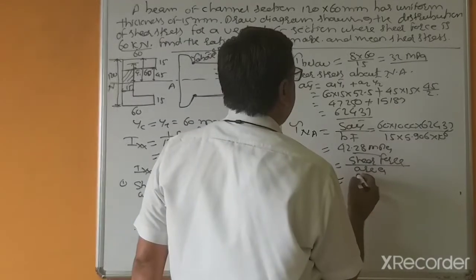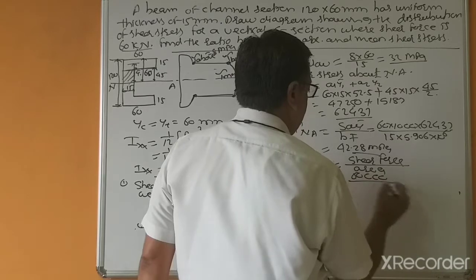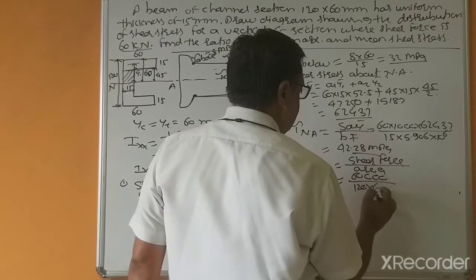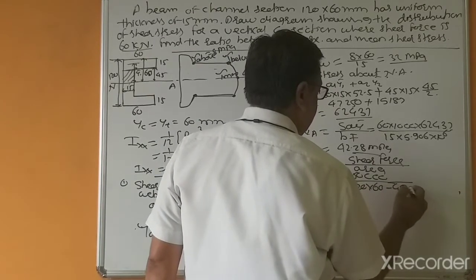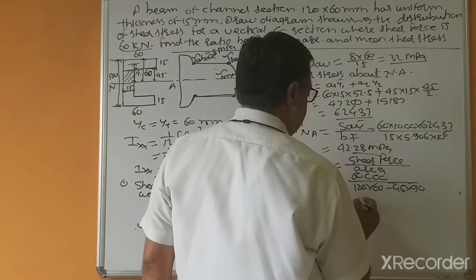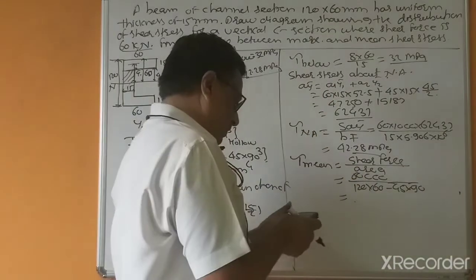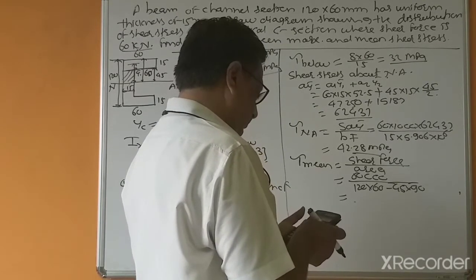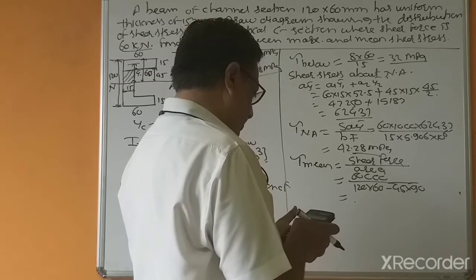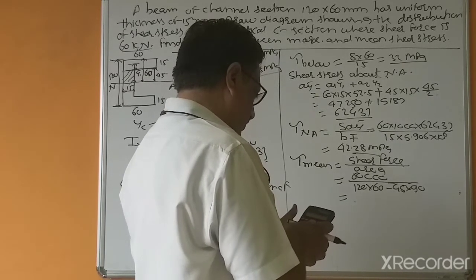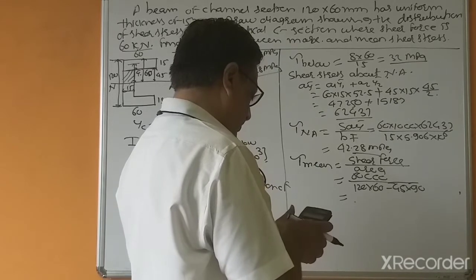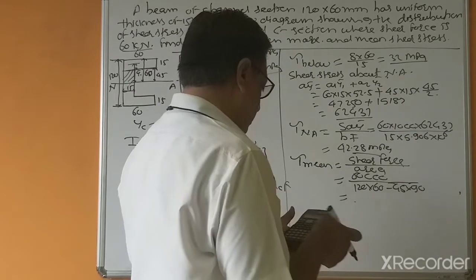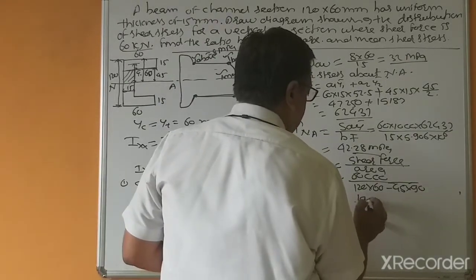So shear force equal to 60,000, area equal to 120 into 60 minus 45 into 90, 90 into 45. 120 into 60 is 4050. So this is equal to 19.40